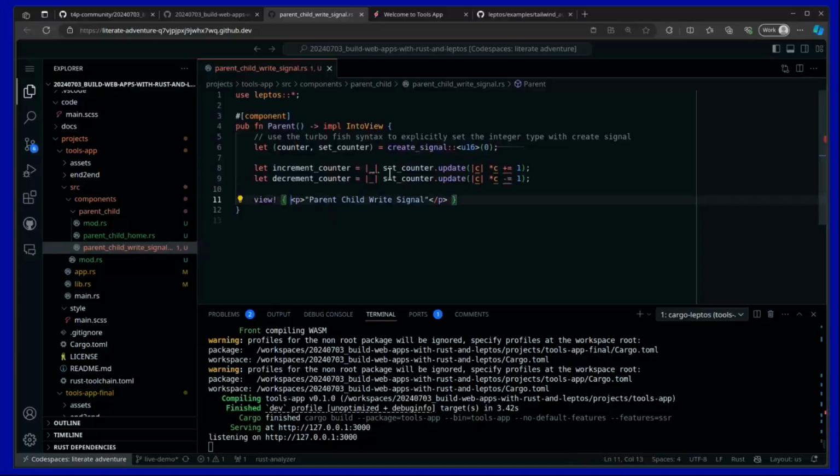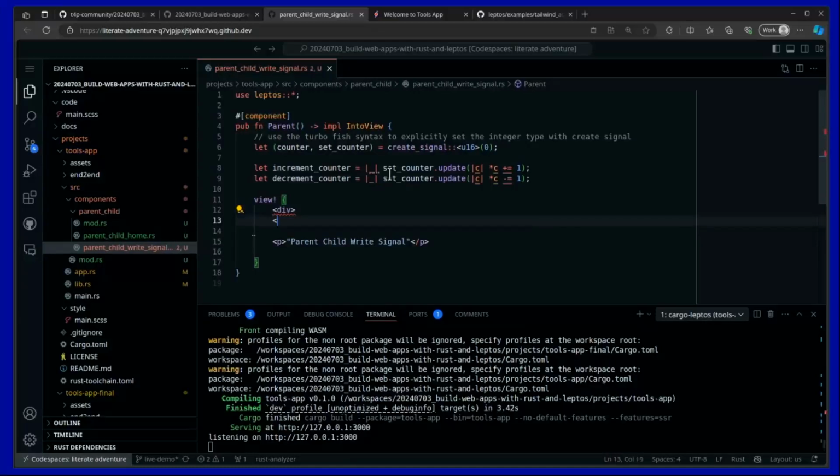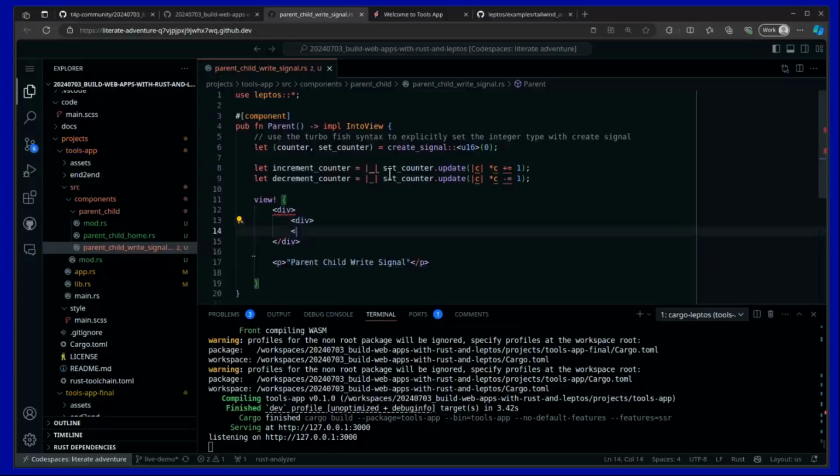Okay, so now what I'd like you to do is let's go ahead and put a div tag in here, and then a closing div, and then let's add another div like that. So go ahead and put some nested divs in there for me. All right, now that we've got the nested divs, what I'd like you to do next is this. On this div,